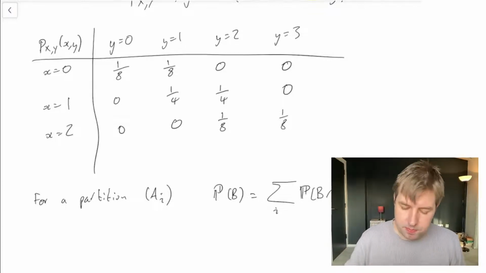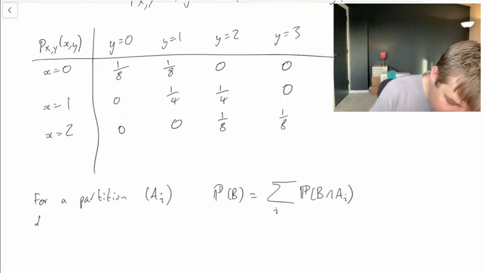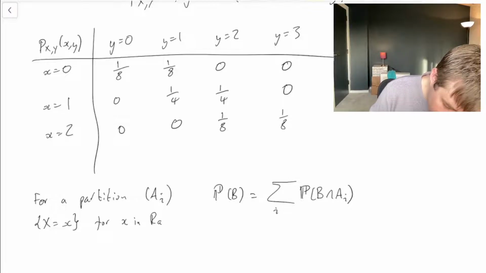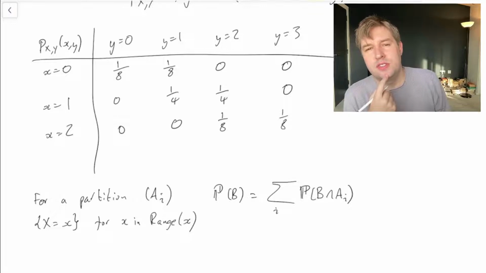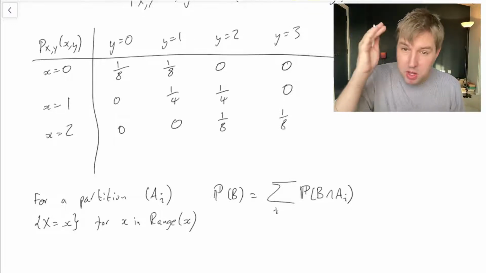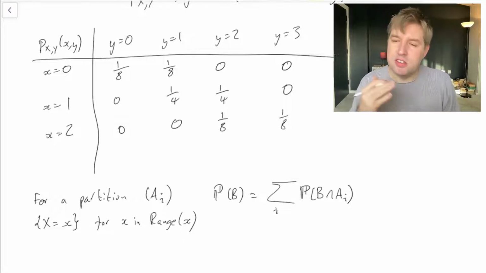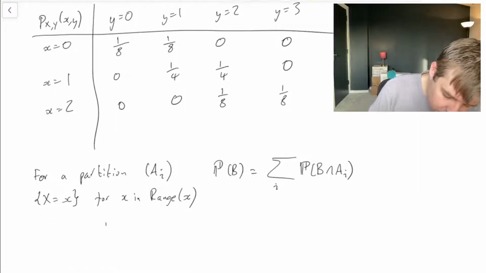But we can do the same with random variables, right? Because the set of X equals x, for x in the range of X, is a partition. X has to take one of the values in its range, but it's only going to take one of them, so that's what we called a partition. So the same result as we had for probabilities of events